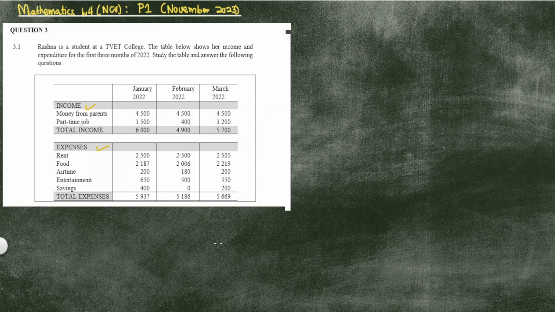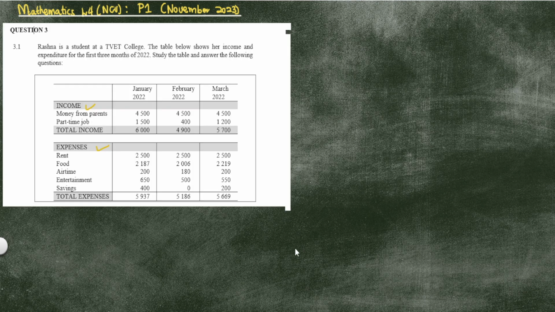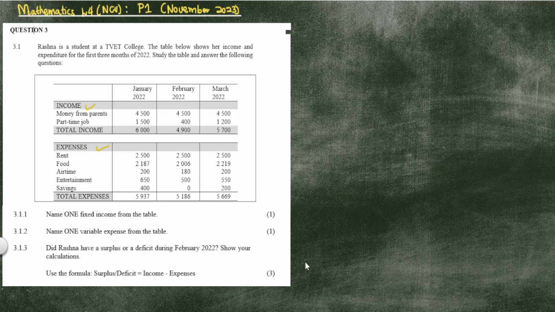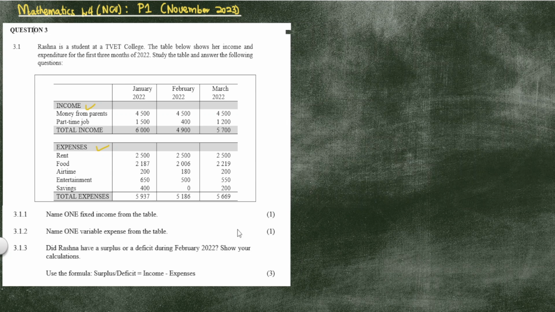Then there's also the second part of question 3, which talks about an invoice document, right? So it's 3.1 and 3.2 for this question. So let's start with 3.1, the budget part of the question. Now there's this part and this part of the question, but let me just hide this part for now, and then I'll show the rest of the questions